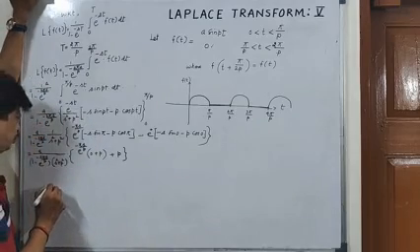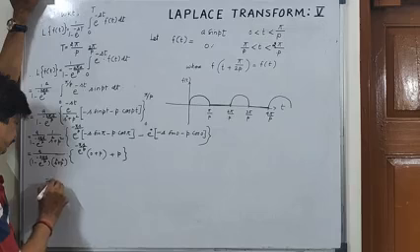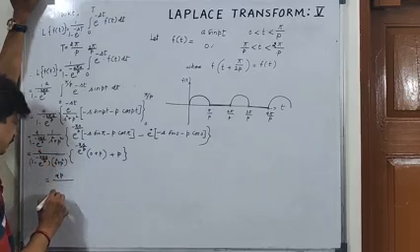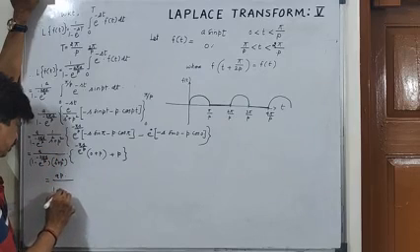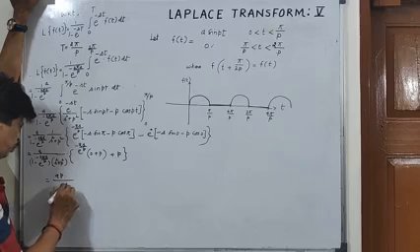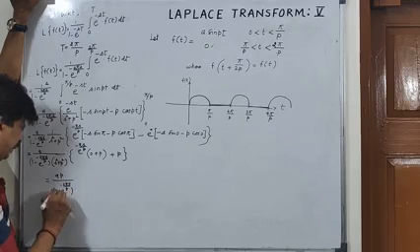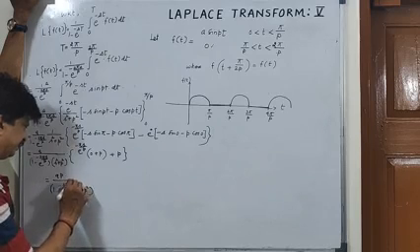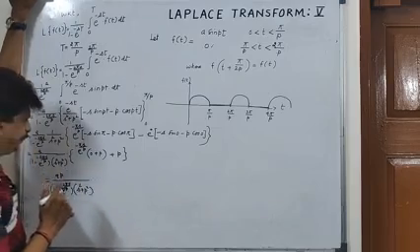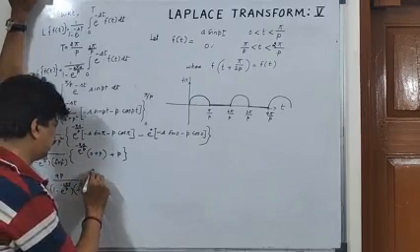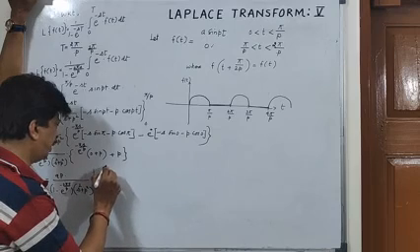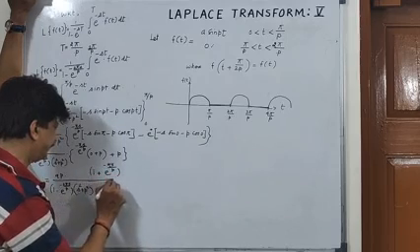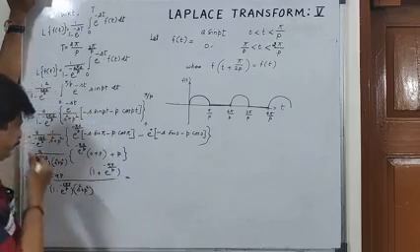So that reduces to ap upon, taking p common, 1 minus e raised to power minus 2 pi s by p into s square plus p square times 1 plus e raised to power minus pi s by p, that is equal to,